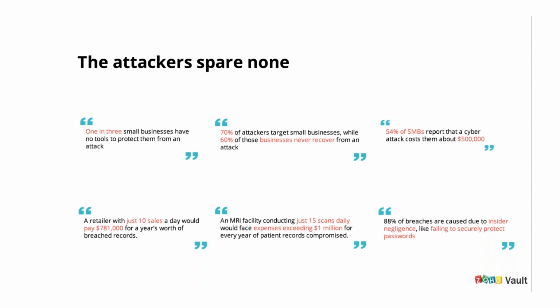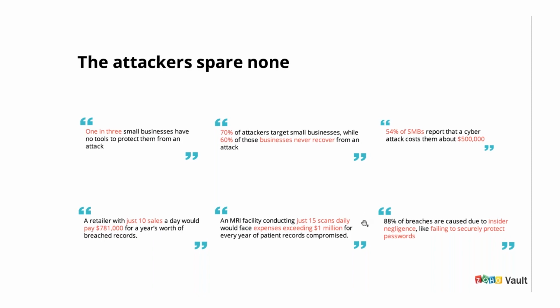The most interesting fact here is that about 88% of these breaches are reported to be because of internal negligence, like failing to secure a password. It looks quite simple on the outside, but this is an interesting phenomenon that we'll be talking about in detail, because about 81% of data breaches happen because of weak passwords. I'm going to repeat that for you because 81% of data breaches are said to happen because of weak passwords.